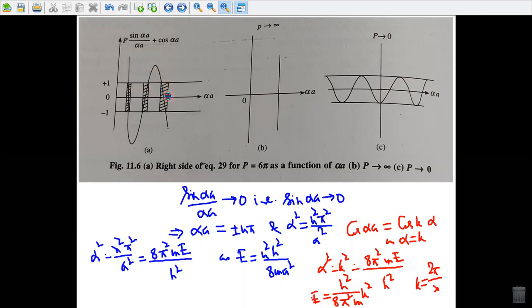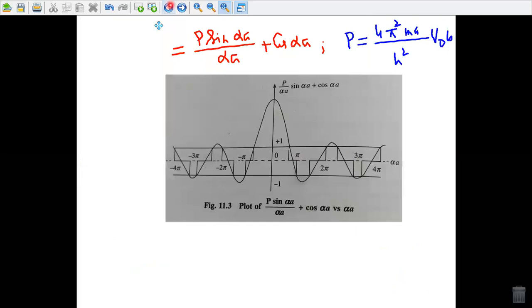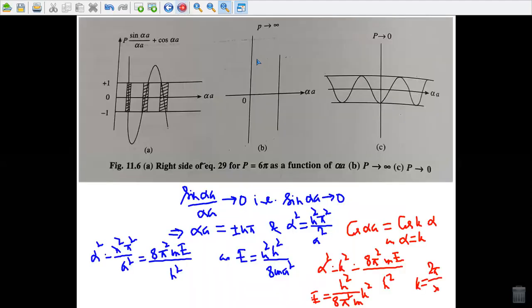Hence, the ratio of the width of the forbidden band to that of the allowed band increases. Let us take the case when the potential barrier strength is very large, that is P tends to infinity. However, the right side of the equation has to stay within the limit ±1, right? As the left hand side is cos k, it follows from the equation that